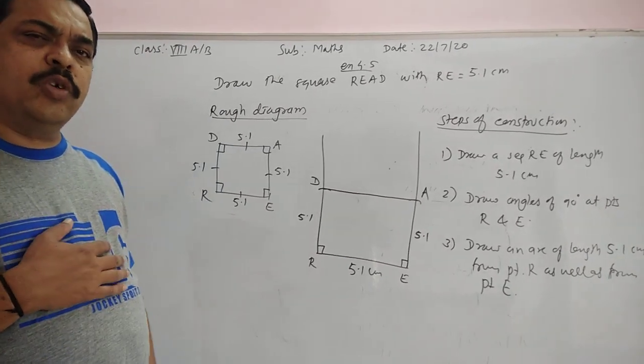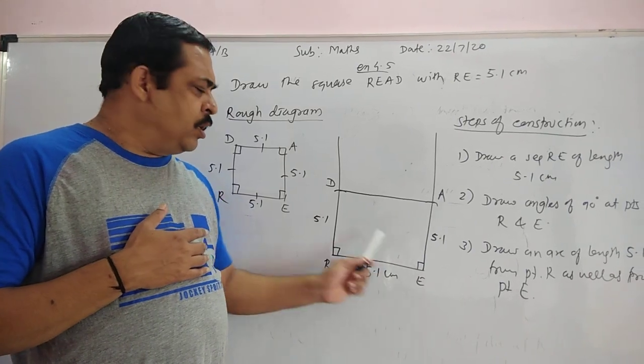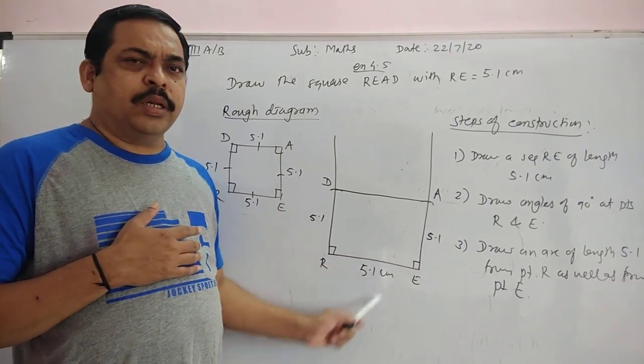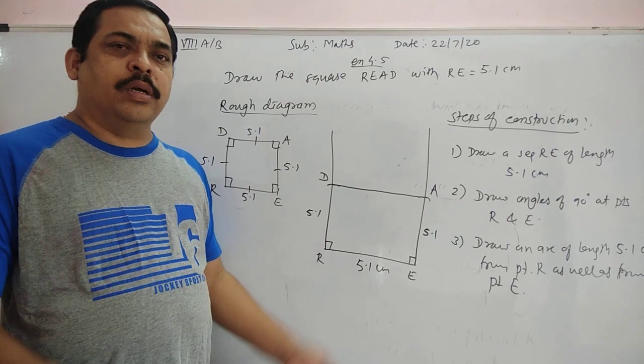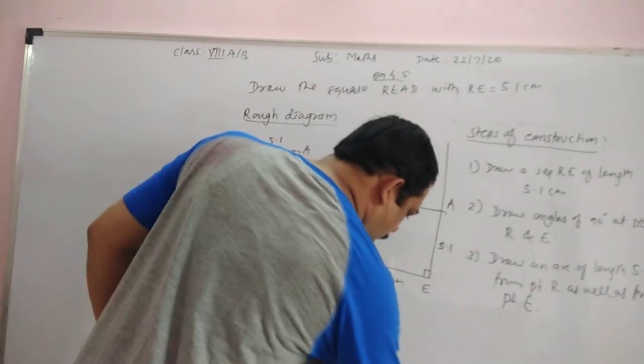How many dimensions did we use here? Only 5.1 first, then 2 angles, then this side: 3 sides and 2 included angles. By using that construction, we draw the quadrilateral READ. Now we move